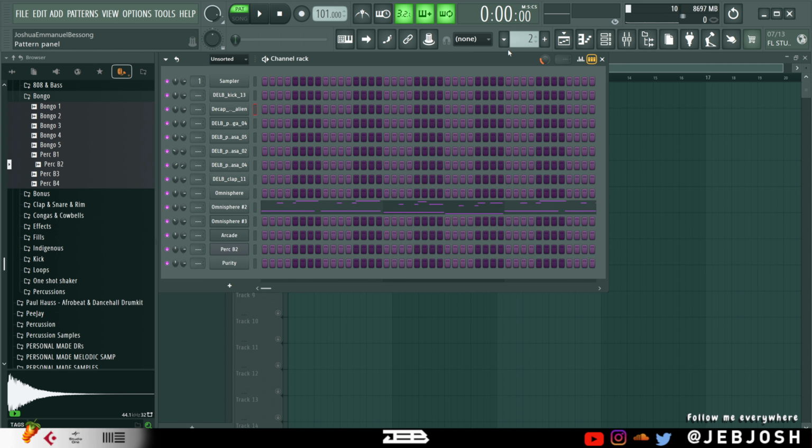Then the chord progression, I'm using the 6-5-4 chord progression. Very simple chords. So just pick a scale. I'm picking G major. So for my G major, my 6 is my E minor, then my 5 is my D major, then my 4 is my C major. So I'm just going